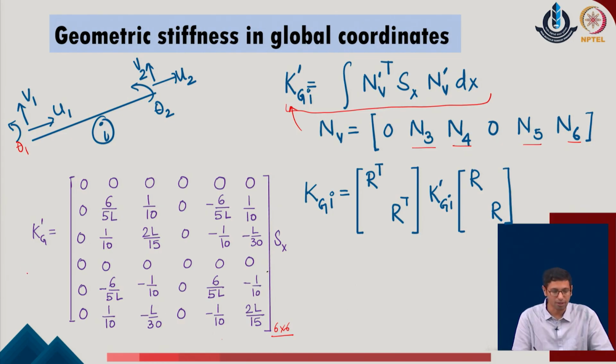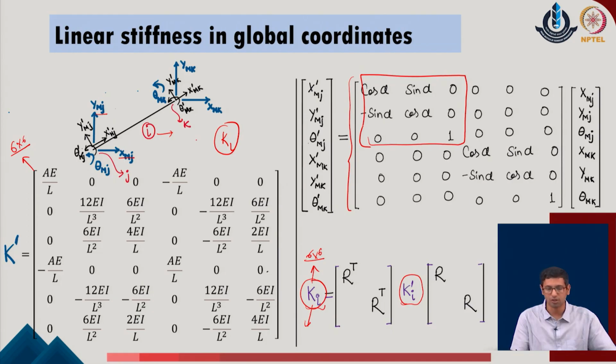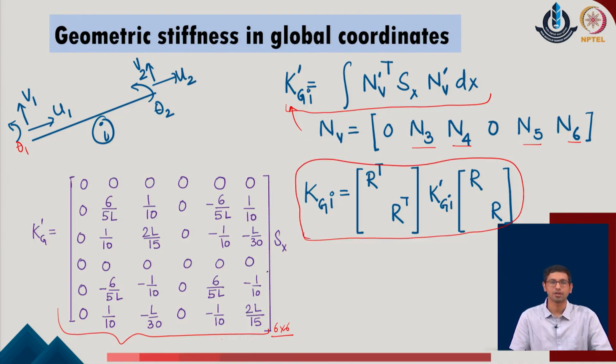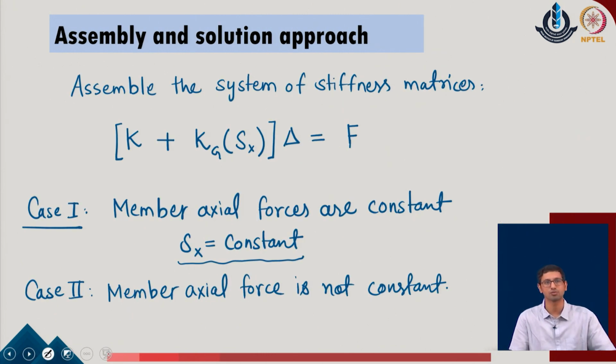Now, this stiffness matrix is again defined in the local coordinates, and once I have got the stiffness matrix for the member I in the local coordinates, I can utilize the same transformation rule and convert the stiffness matrix to the global coordinates of the given system. So, this is the stiffness matrix which is still defined for a given member I, but is defined now in the global coordinates, and it still has a size of 6x6. Now, once we have defined these values, I can go with the assembly of the given system. So, we assemble the overall stiffness matrix of the system.